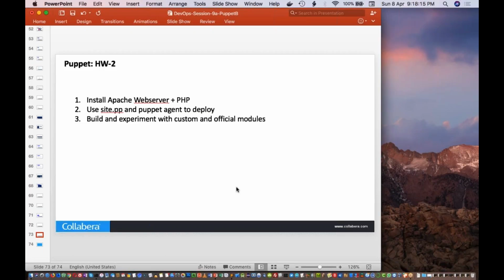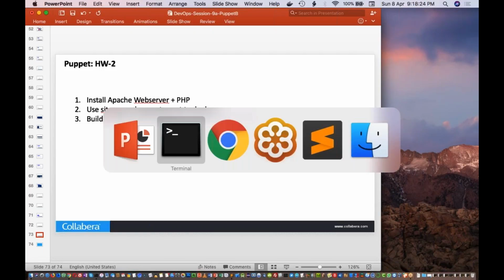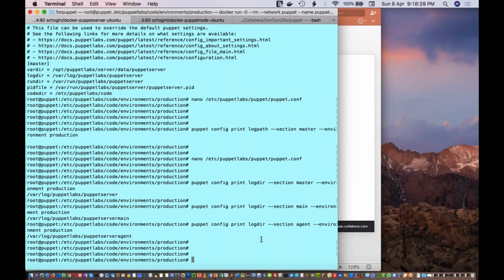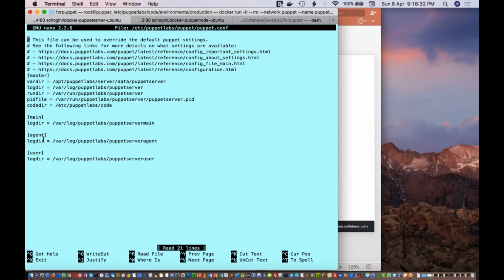Now Akhil is asking, agent log dir will populate log files of all nodes in the path mentioned. What do you mean by agent log dir? No, see, inside this puppet.conf file, we have specified different sections, right? For master section, we have specified the log directory as this one.